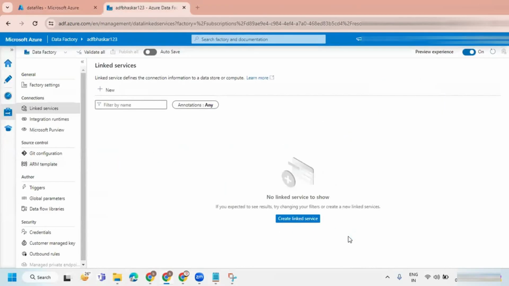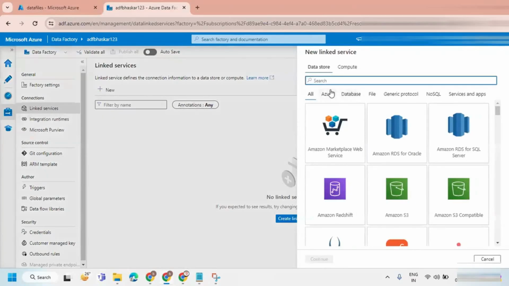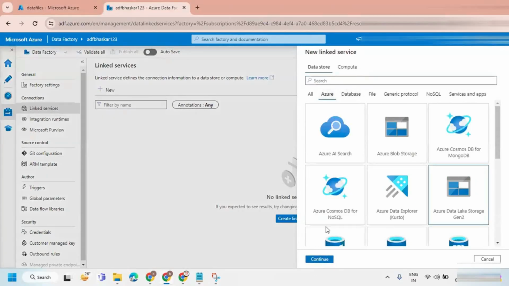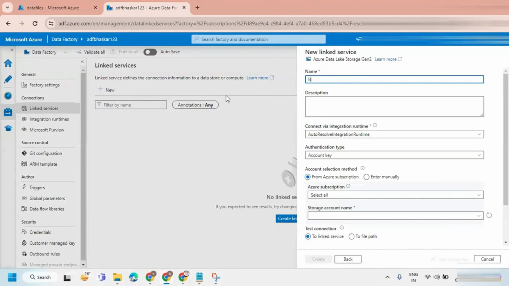So a linked service we require to create. Azure Data Lake Storage Gen2. Linked service underscore ADLS. Let's say Bhaskar ADLS Gen2.